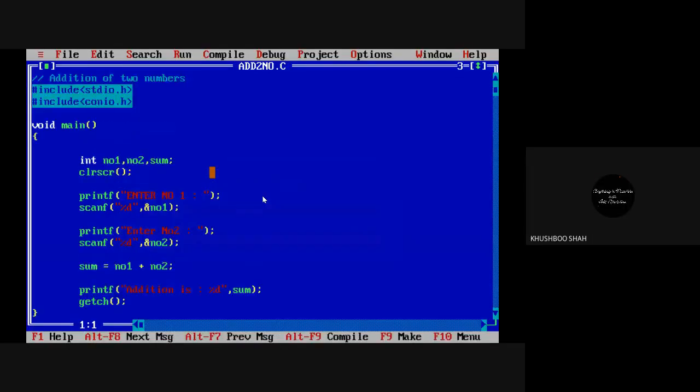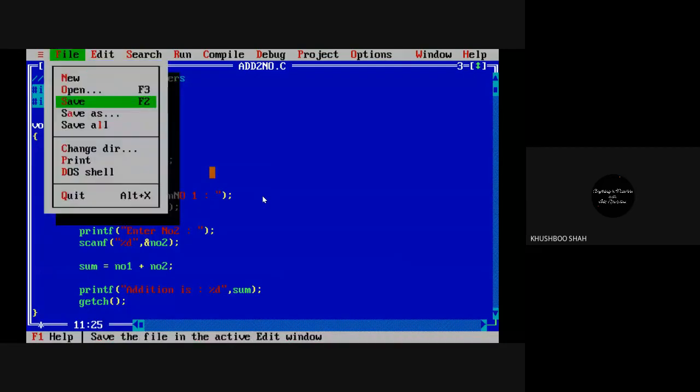3, 4, 8. What happens, guys? Can you notice something? There is no space between any two lines. Yes, very good. But what if I write \n over here?